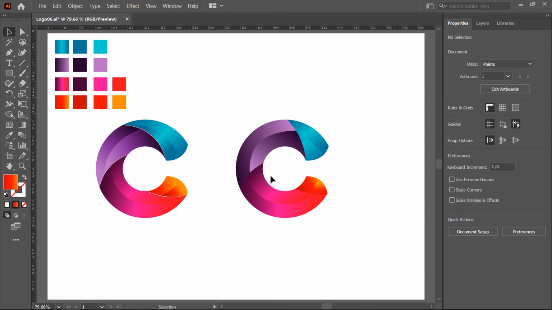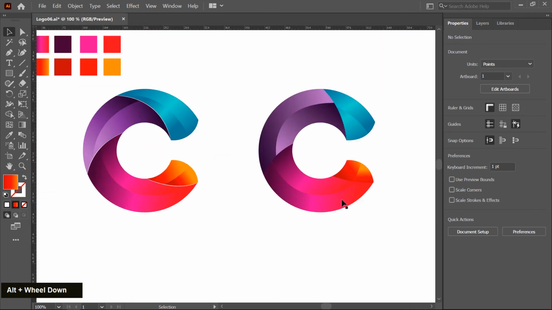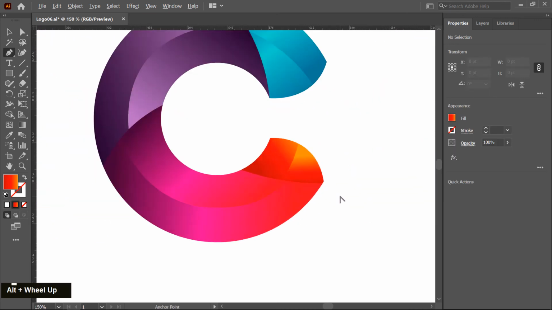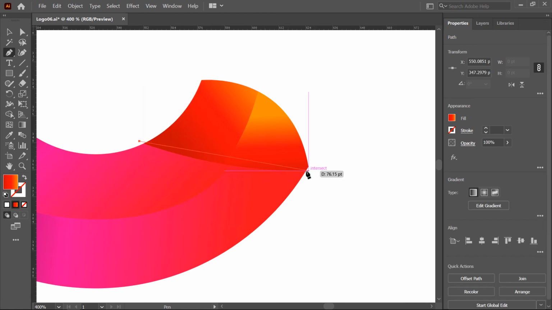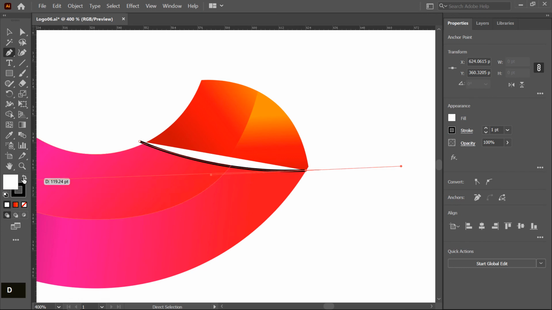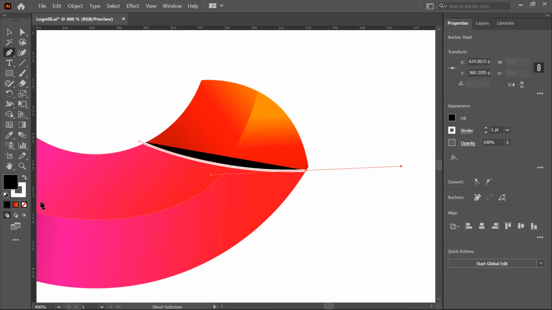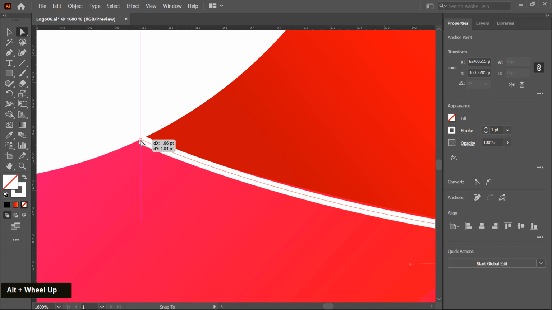Now we decorate a little bit. You can see a white color edge is created here. So I choose the pen tool again and then create a path here. Okay, path is created. Press D key for default color and click on this arrow to swap this color and fill with none color. So white color is filled in this outline. Now I modify a little bit and this point should be placed on this edge.